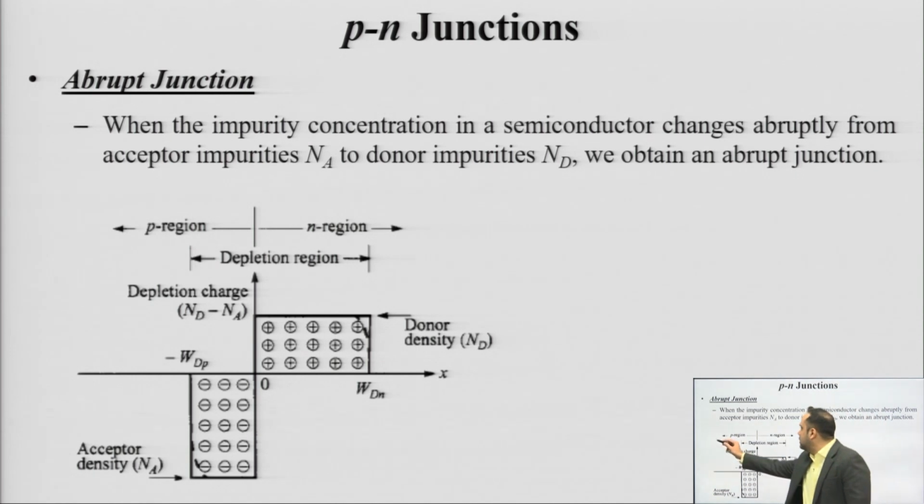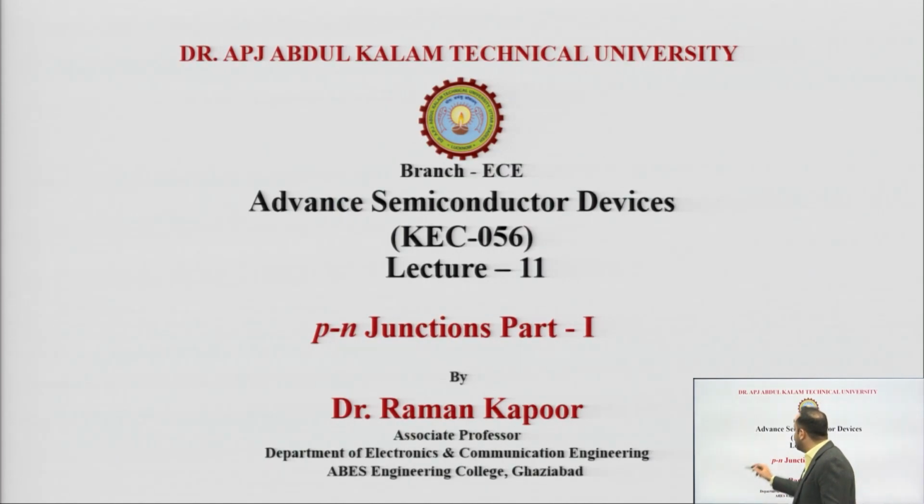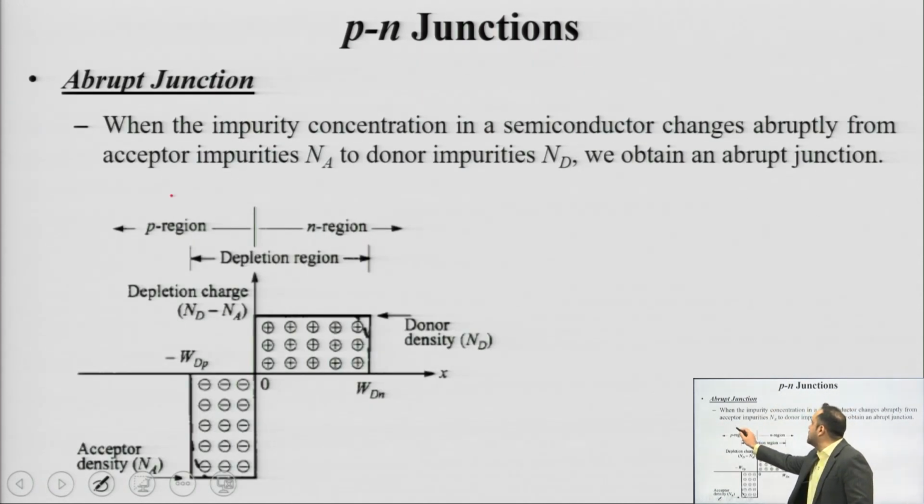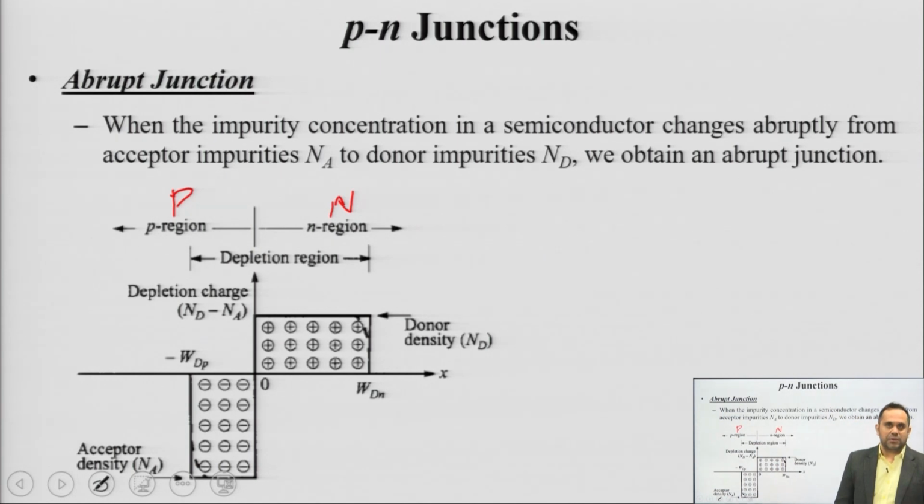So, this left side is your p region and this is your n region. If you are moving from left to right, just crossing the junction, you will cross from p type doping to n type doping, and whenever you are moving from right to left, just at the instant of crossing this junction, you are moving from n type doping to p type doping. Just right of this edge there will be no acceptor ions, only donor ions. Just left of this junction there will only be acceptor ions and no donor ions.